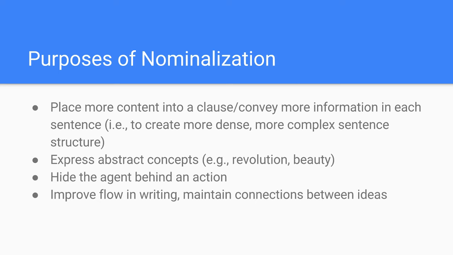And then, of course, as we referred to last week with transitions, taking a verb and turning it into a noun can help you maintain connections between ideas and improve your flow in your writing. So for example, I could say the student was forced to decide between AP Math and Extension 1 Math. Well, I could take that verb, decide, and turn it into a noun. This decision had an impact on his college application process. And so I've connected those two sentences together by turning the main verb from the first sentence into the subject of the next sentence in nominalized form.